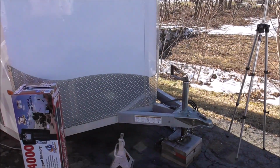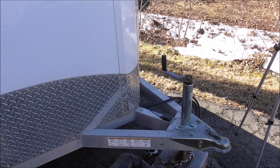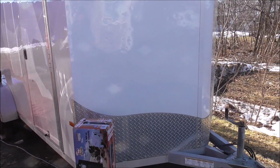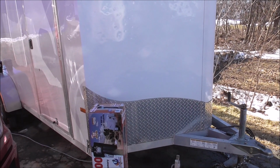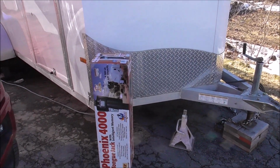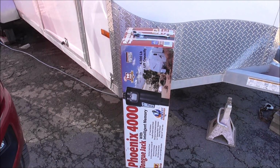Lower it down. I've contemplated putting some of those little camper bubble vials to see when it's level and when it isn't, but here in Maine that doesn't work out good. That's kind of a temporary solution. They get busted. You guys that have campers know how that works. They only last for a little while. So what I'm going to do is replace it with this Phoenix 4000 electric tongue jack,